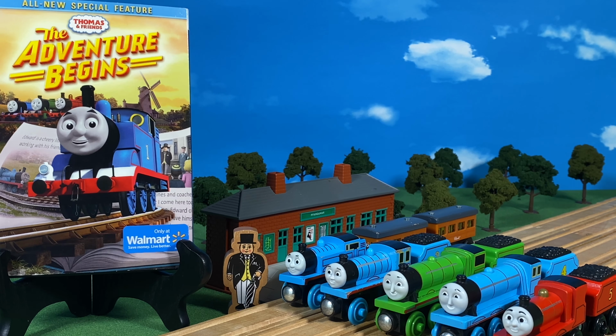Might as well go back into how I first watched this movie. Back in 2015, I had kind of outgrown Thomas. I wouldn't say that I hated Thomas, but I wasn't as invested in it as I am, say, nowadays. But it was around August 2015, and I was on iTunes one day on my old iPod Touch, I know, go figure. I saw there were 2 new Thomas movies, and I thought, oh, I don't think I saw the trailers for this. I don't think I was invested in around early 2015 or late 2014, whenever the trailer came out, but